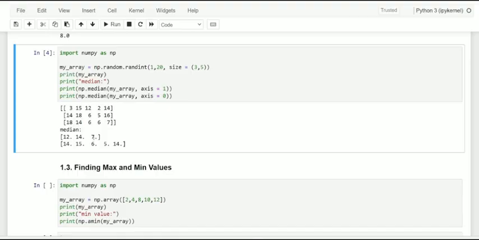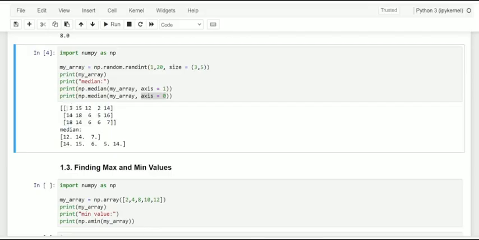Of course, across the column we are passing 1, and across the row we are passing axis equal to 0. And kindly see here, dear friends, when we are going across the rows, we have 5 columns, and kindly observe these exact columns.